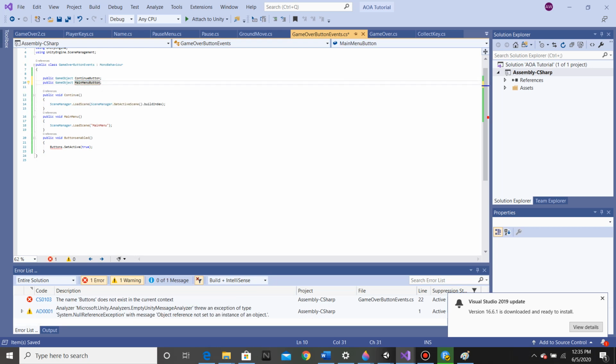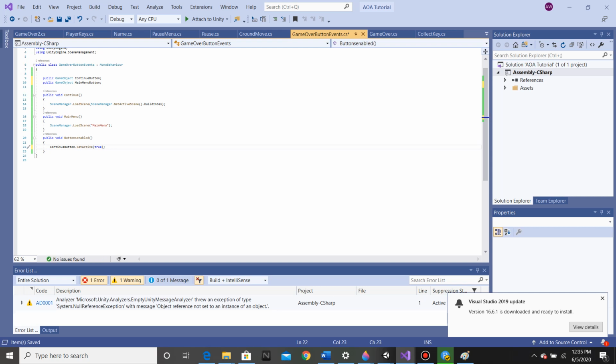And then I want to do continue. And I want to copy this, paste it, and then change continue to main menu. There we go. So now if I save this, go out,